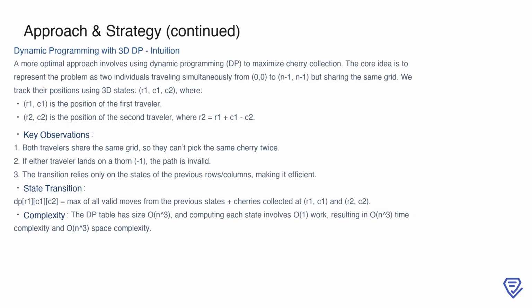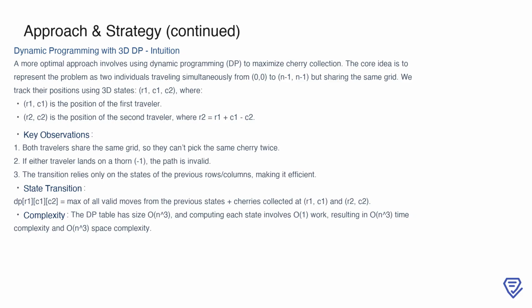The state transition involves computing the maximum cherries that can be collected based on the previous states, while adding the cherries collected at the current positions of both travelers. This approach reduces redundant computations by building on previous results, and since the DP table size is O(n cubed), the overall time complexity is also O(n cubed). While this solution is much more efficient than brute force, its space complexity of O(n cubed) can still be quite